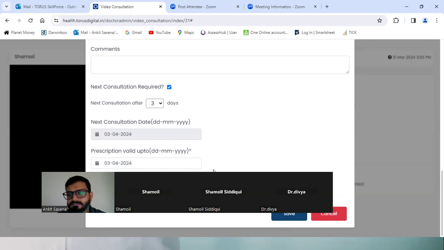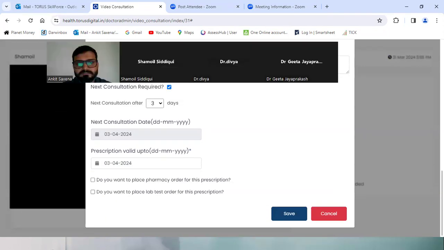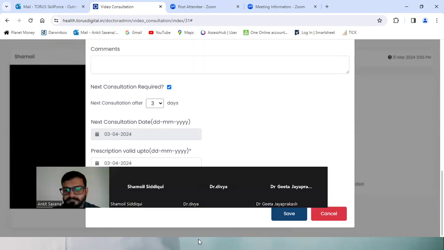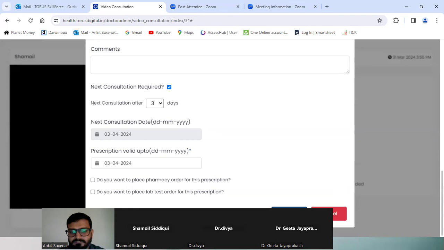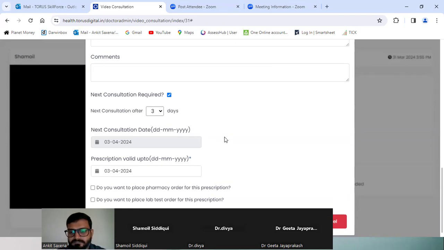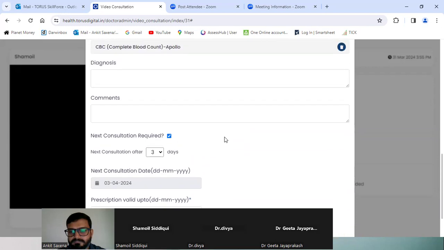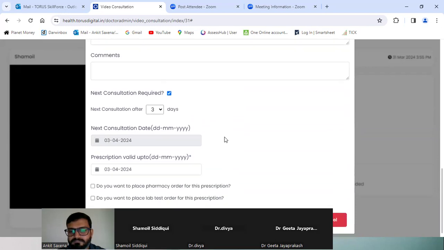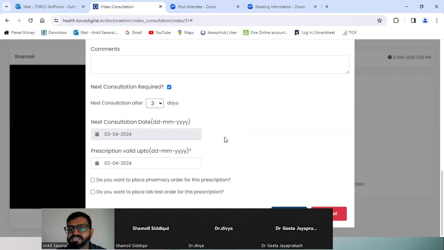Yeah, everything is clear in the e-prescription part. But the thing is, the doctor has to add all the medicines one at a time, and after that they have to select the duration and everything. Because if a doctor adds one medicine, selects the duration, and then adds the second medicine and clicks on add medicine, the duration of the first medicine vanishes. Okay, so it will disappear.